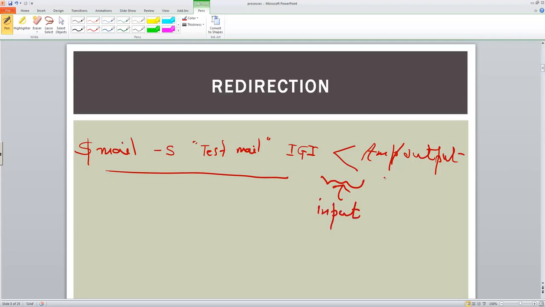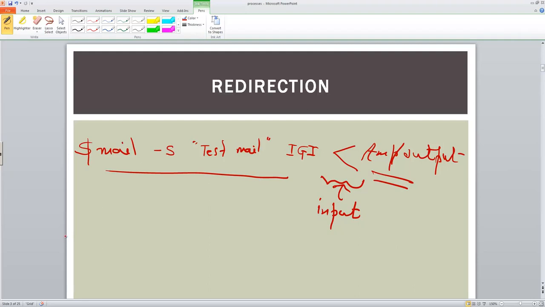So your input in this particular case is this file. You are inputting this particular file, and then sending a mail. So take note of how we use the standard output and standard input, and there is one more thing I want to show you guys: